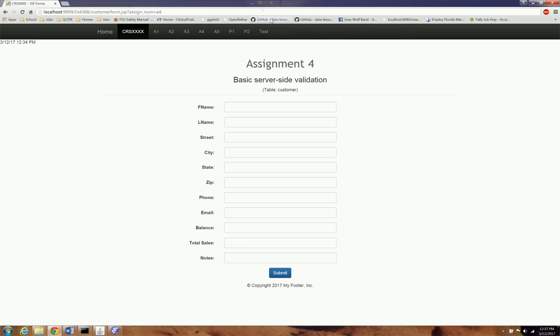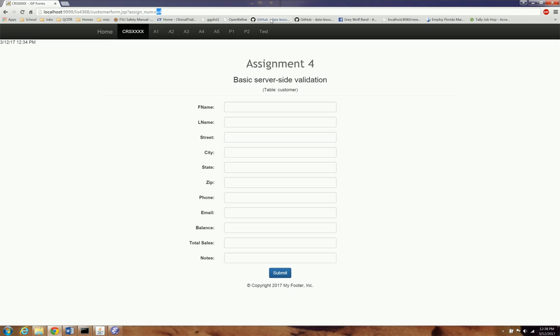Pay particular attention to the characters after the file name. Now, the file name here is customerform.jsp. Following that, we have a question mark and what's known as a key value pair. The key here is assign num, just something arbitrary that I made up to differentiate it from other assignments. So assignment num would be the key, and the value would follow the equals sign,